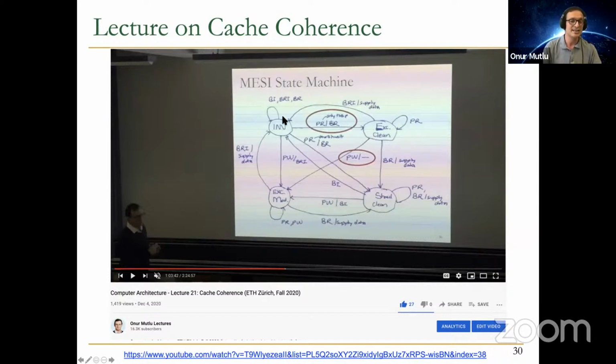And you can see this is one of the state machines that is implemented in Pentium Pro, for example. It's a MESI protocol, which was developed in the 1980s. And it has 4 states, as you can see. And it's a carefully designed protocol to minimize the updates that other caches need to see on the bus, and also updates the memory needs to see. But existing protocols are actually more sophisticated. You may have more states so that you can optimize. But if you really want to know the advantages and disadvantages of more sophisticated protocols, I would recommend looking at